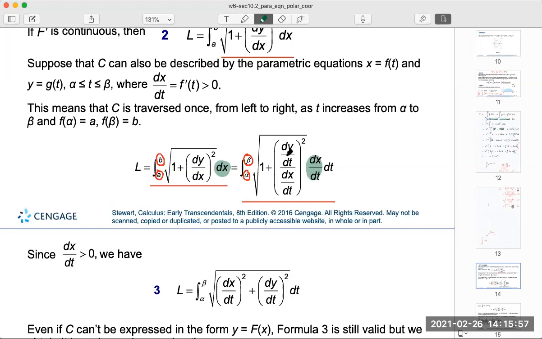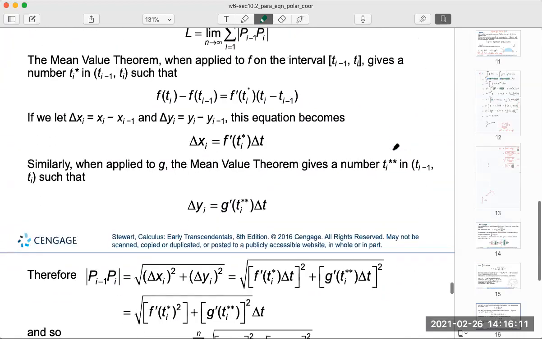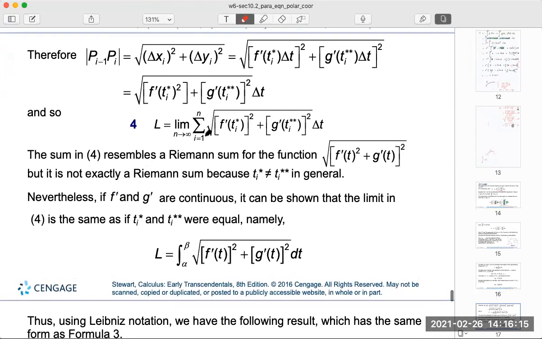And remember, yesterday we studied that dy over dx here is the same as dy over dt divided by dx over dt. Okay? It means that from now on, we can compute the length of the curves as,